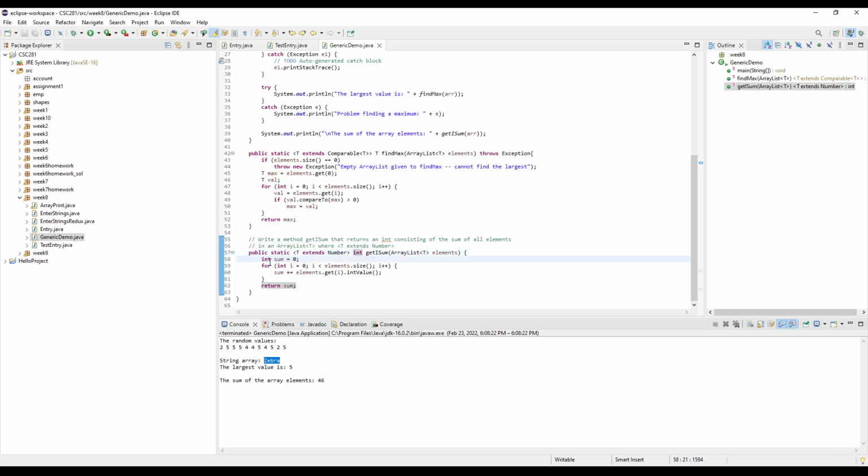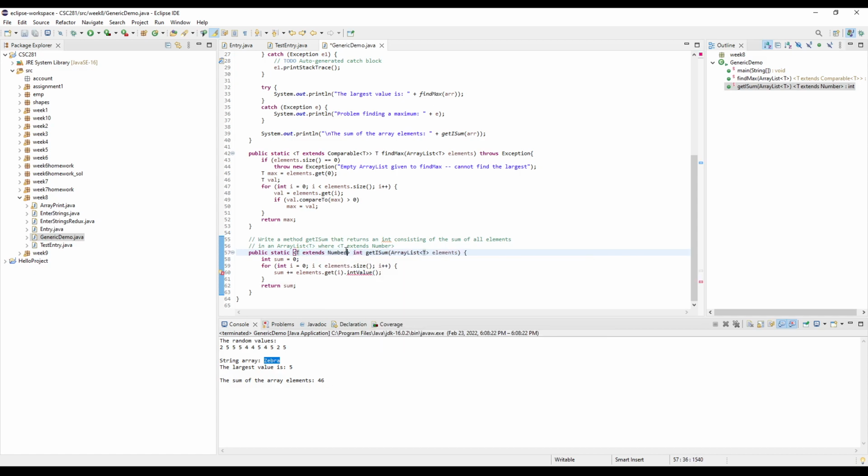So my int sum is going to start at 0. I'm going to iterate through every element inside of my array, sum them up, and then return them. And the most complicated part of this is really, this is something that we've seen before, like so. We've seen method declarations like this before, but again, if we are trying to extend a T type right here, we need to make sure that the T is provided for us inside of the